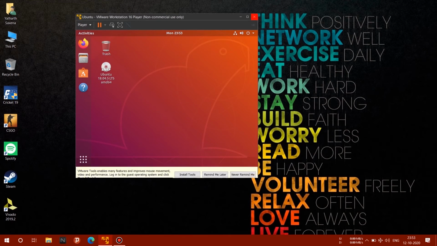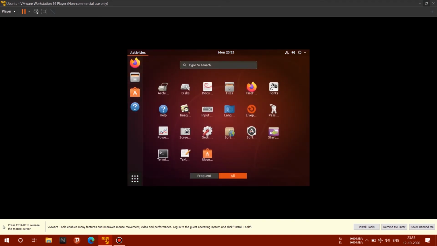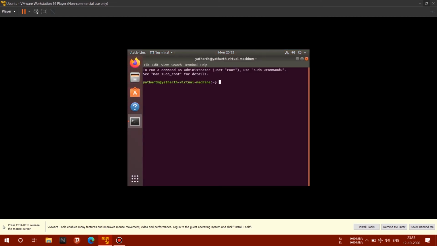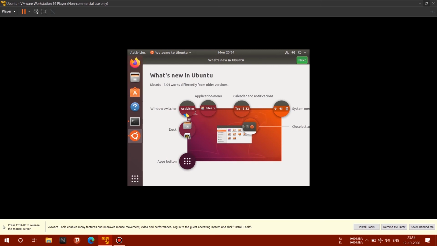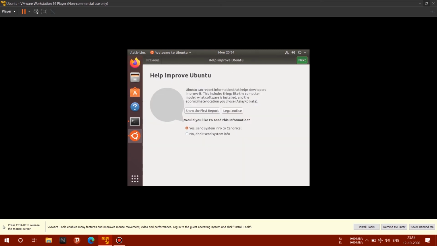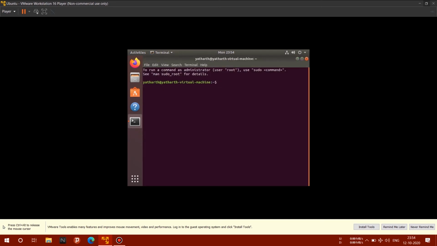Now as you can see, we have logged into Ubuntu on our VM, but there is a problem that when you maximize it, you won't see it in the full window. So for that we need to put in some code. So we will go into the terminal. To go into the terminal, you can left click on these 9 dots and then select the terminal. Now here we want to type sudo space apt